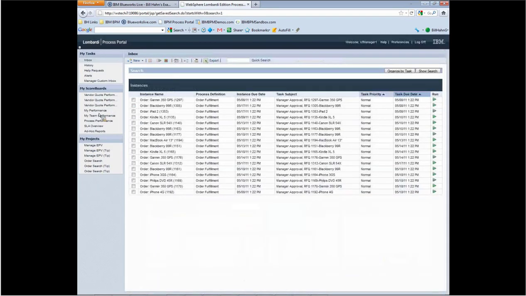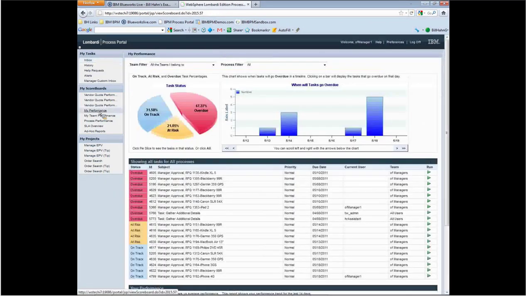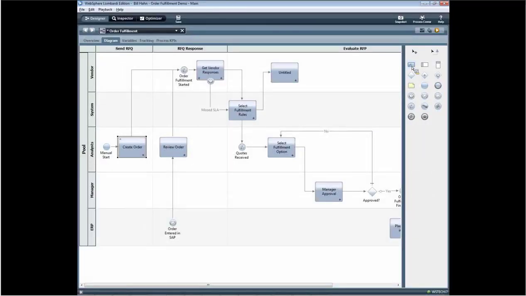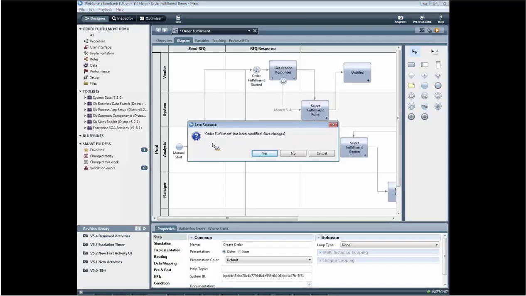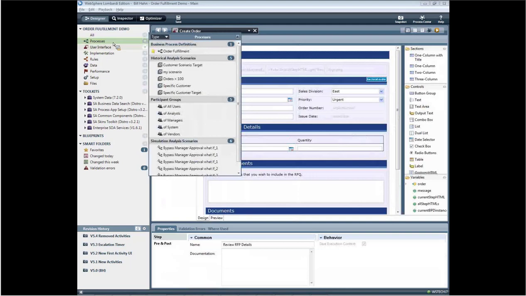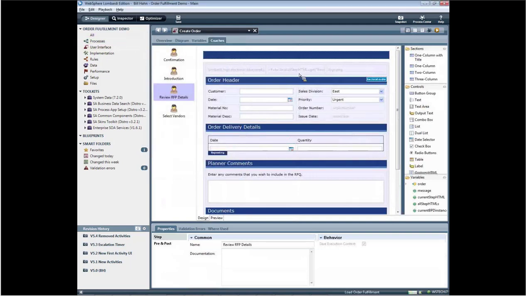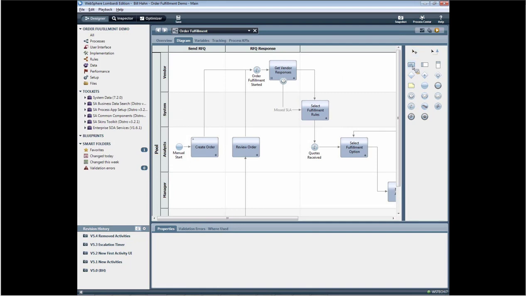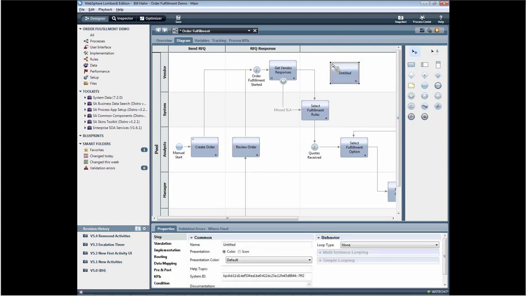For any process that you take from modeling to execution, we automatically track the work that's being done in the process. So for instance, in this process, when I either drag and drop an activity into the diagram, or I just use one of the activities that was populated for me because I worked on it in BlueWorks Live, you can see that this is much more than just a picture of the process. In fact, it's actually a runnable process, if you will. The mere act of dragging and dropping a shape into this process or importing this process from BlueWorks Live makes it runnable. What I mean by that is that this activity,